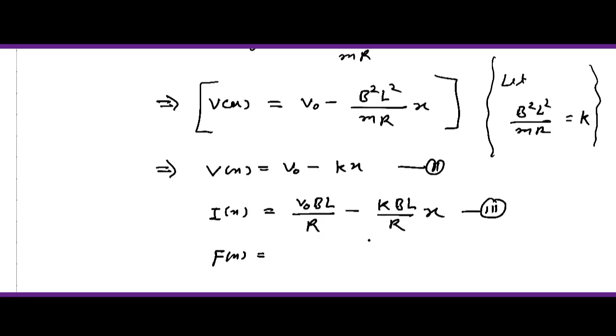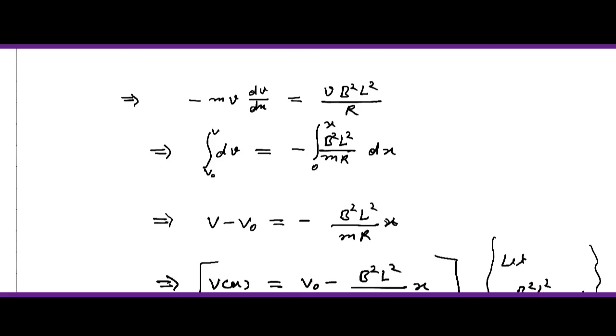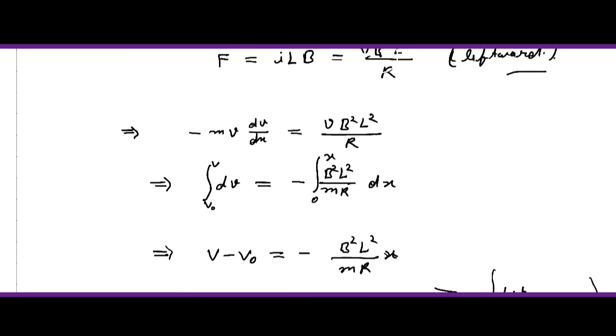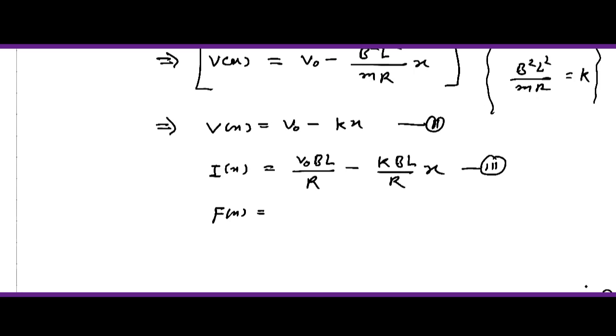और इसी तरह जो F_x होगा, F जो अभी हमने कैलकुलेट किया था, F equals क्या आया था, V B² L² by R, मतलब B L से मल्टीप्लाई अगर कर दें तो ये हो जाएगा V_0 B² L² by R, माइनस हो जाएगा K B² L² by R इंटू x। ये हमारे पास फोर्थ इक्वेशन आ गई, ठीक है।